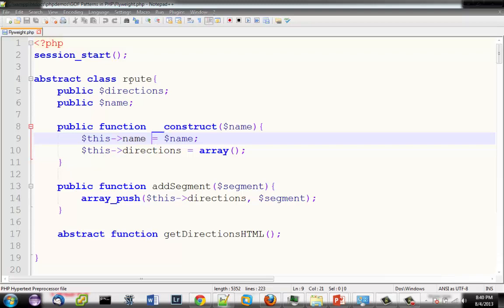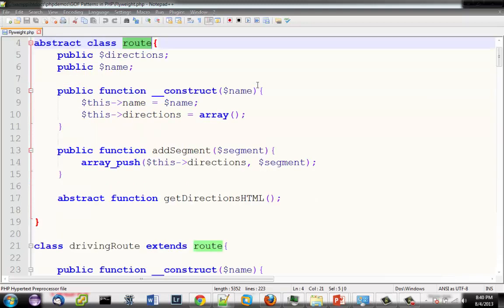You can see here that I have an abstract class called Route. This is the abstract class of the concrete objects which my factories are going to be creating. So I have a route object, and I want my route factories to create these route objects. I've just declared a couple of properties here, directions and name, and then I'm calling a constructor that gives it a name, and the directions is just an array, a list of strings that represent the directions on how to get from point A to point B for whatever route I'm loading up out of Google services.